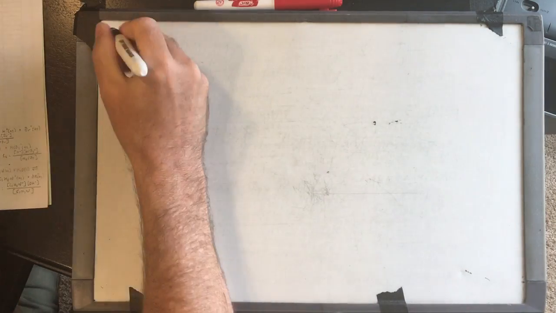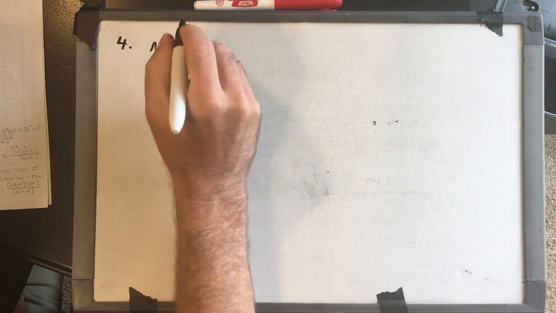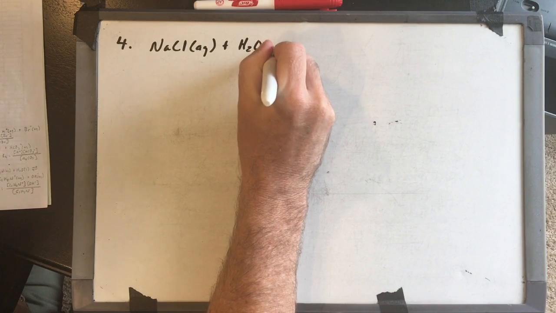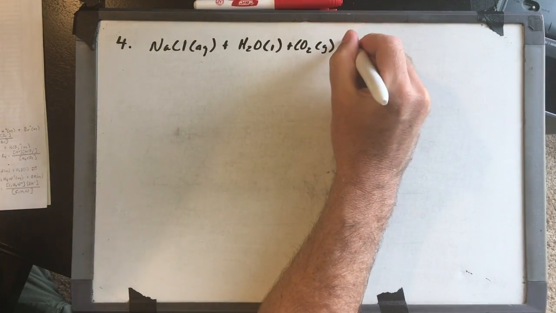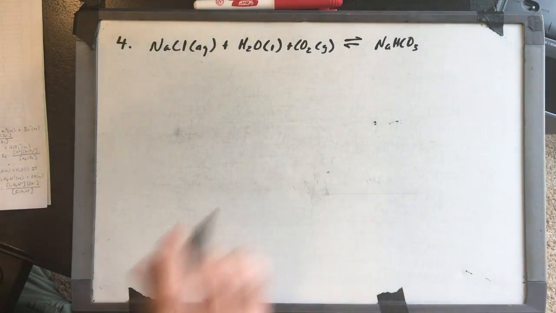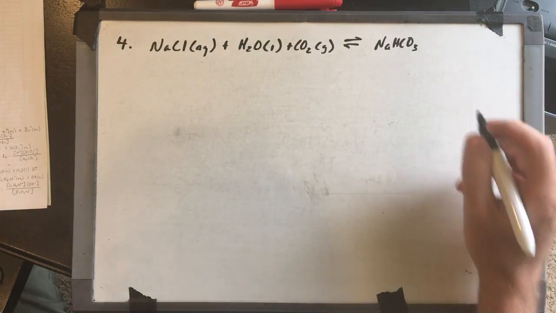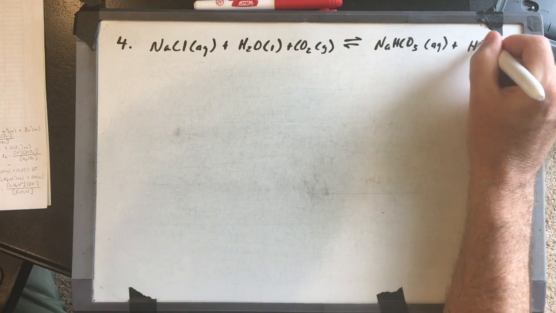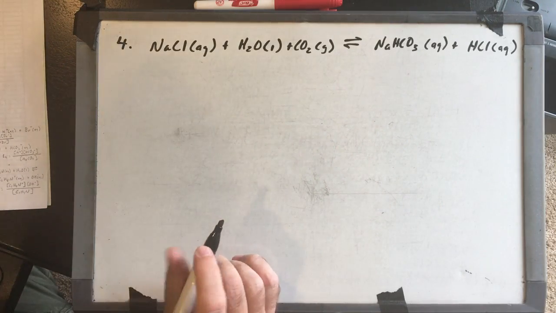Okay, number 4, we have this reaction. NaCl, so sodium chloride, which is aqueous, plus liquid water, plus CO2, and that's going to make NaHCO3, which is aqueous, plus hydrochloric acid. Okay, so part A